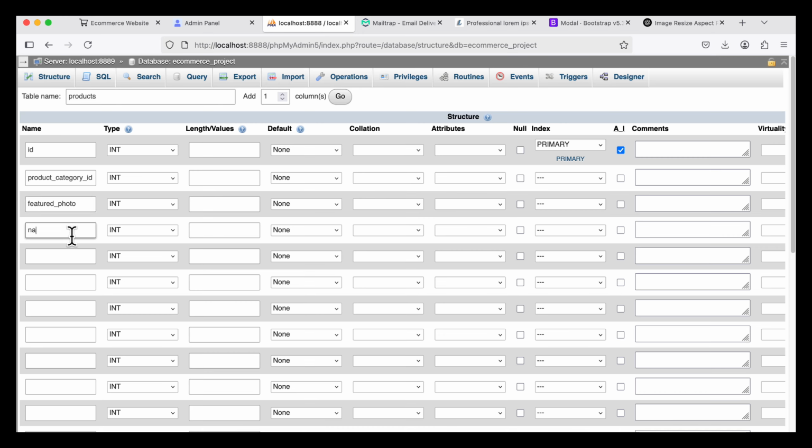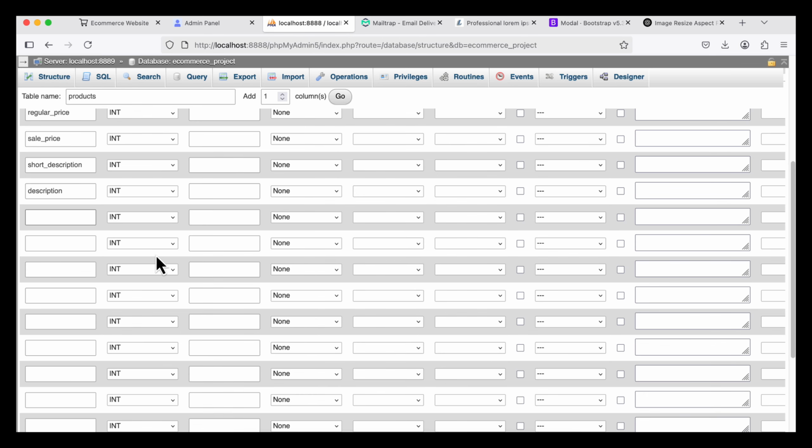And after that, the product name, then there is a product slug, then there is a product quantity. After that, regular price, then there is a sale price, so like this, regular price, sale price, then there is a short description, and after that there is a description,